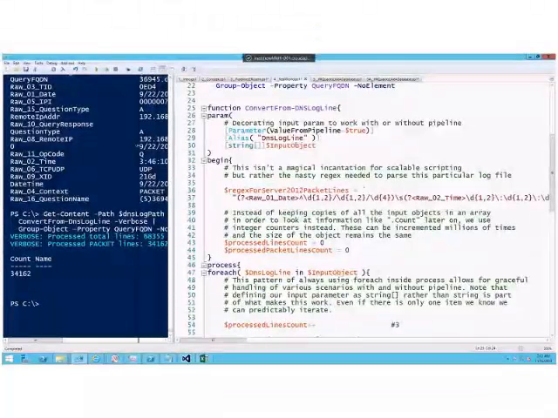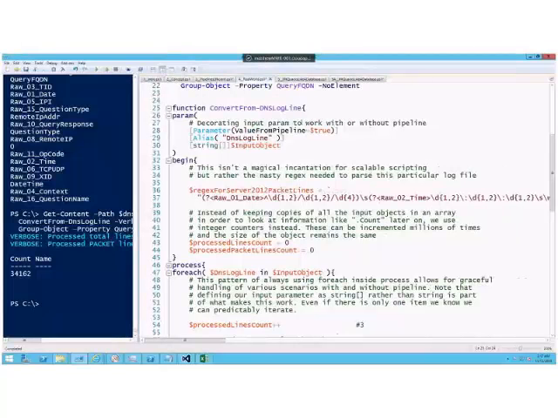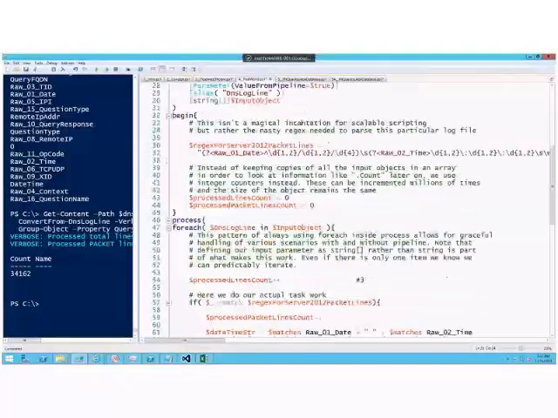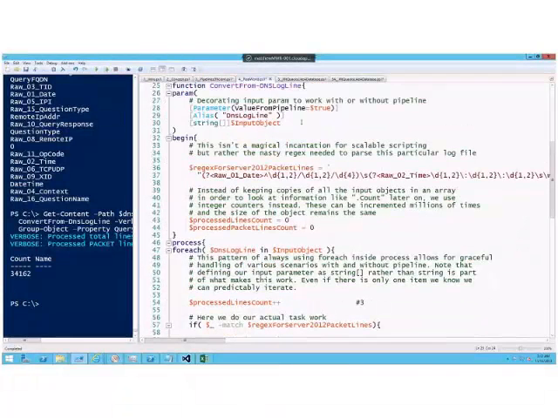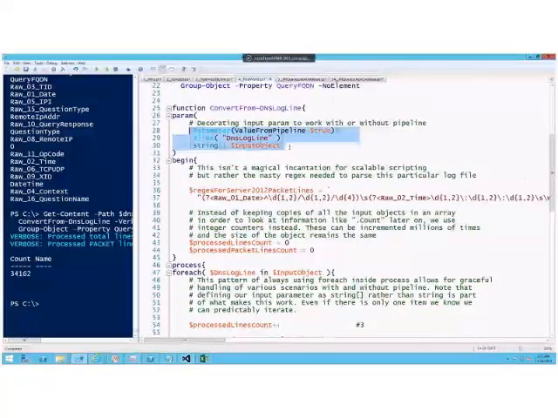Now let's talk about why convert from DNS logline is scalable and what we can learn from this in terms of writing functions that do scale well. So first of all, we're set up to take input from the pipeline, so that's kind of job one. And another good trick when you're taking input from the pipeline, but you think you also might take input not in the pipeline, like from a command line, and you want to allow for multiple objects, is to define your type as